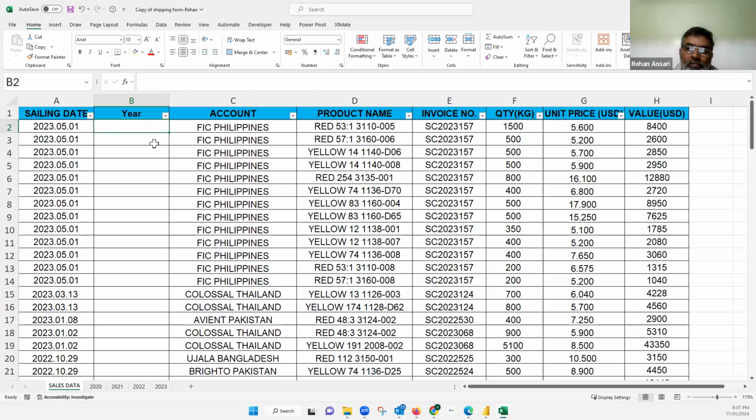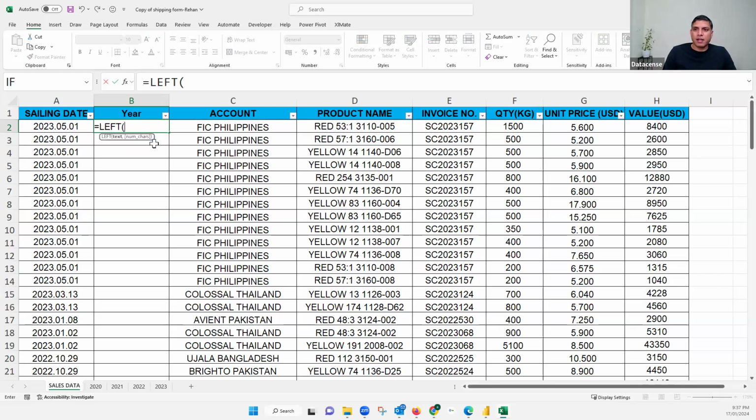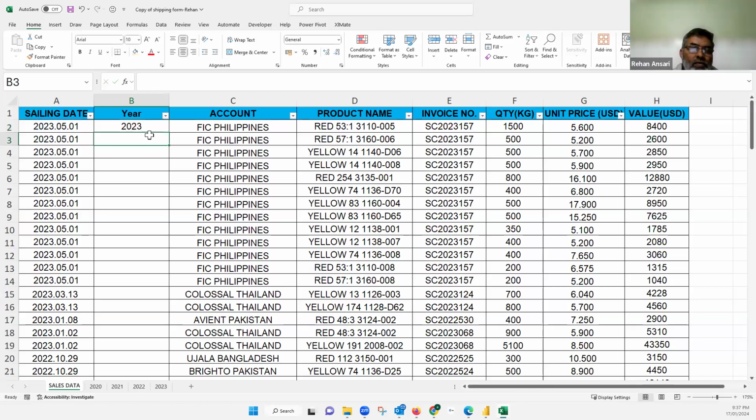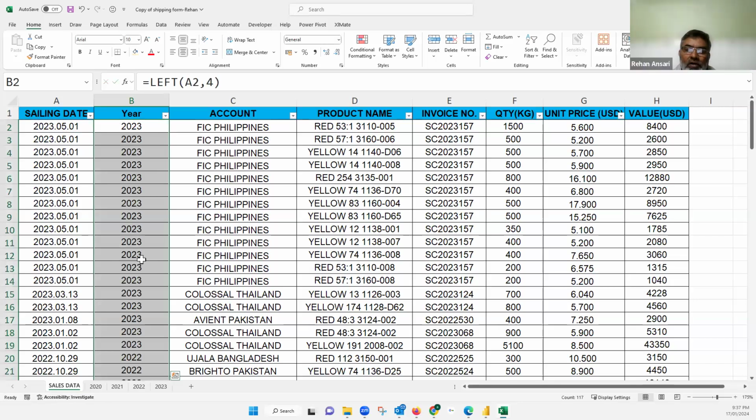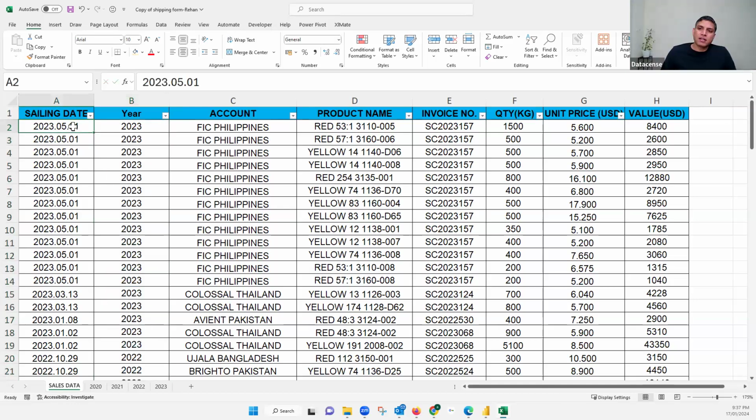Or if you just want the year, where is the year? The first 4 digits, right? So use the LEFT function, take this cell and say 4 digits, and that gives me the year. If only the year is required, fine. If more is required, then you have to convert it into a date. Got it. Another method I can tell you is